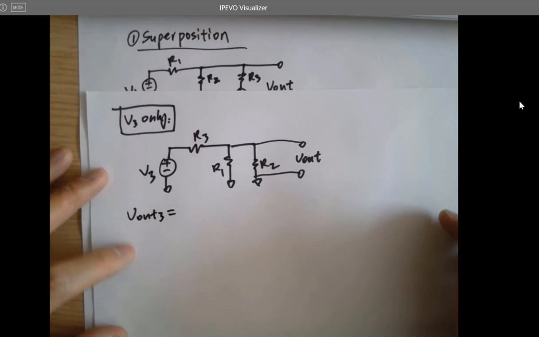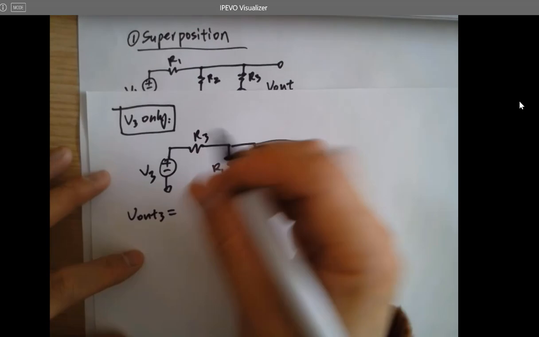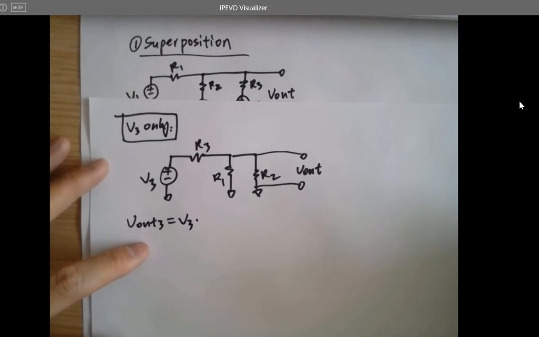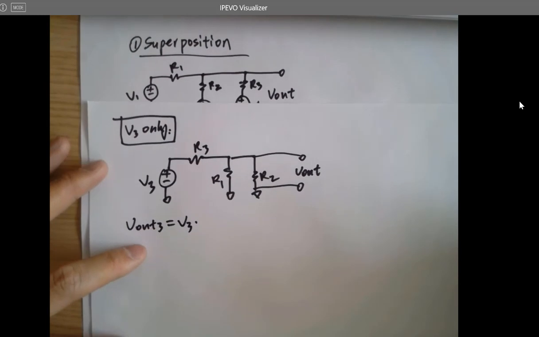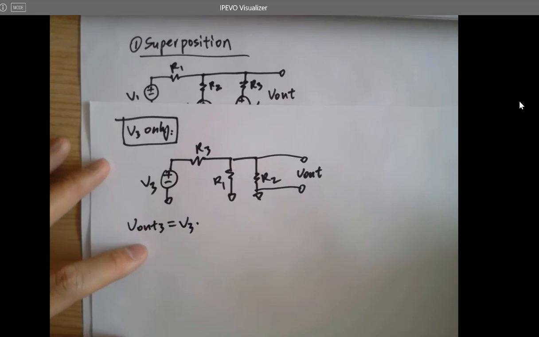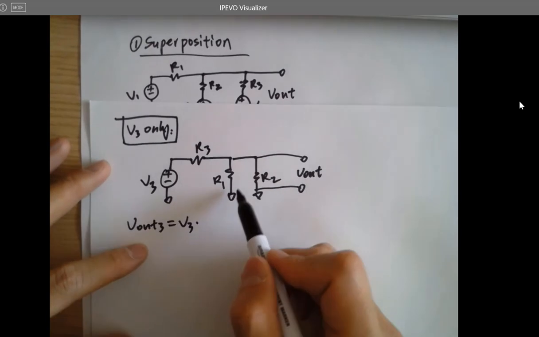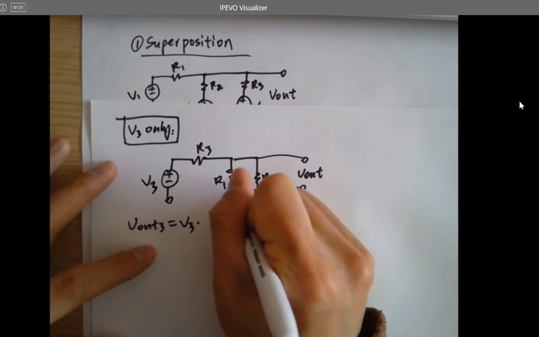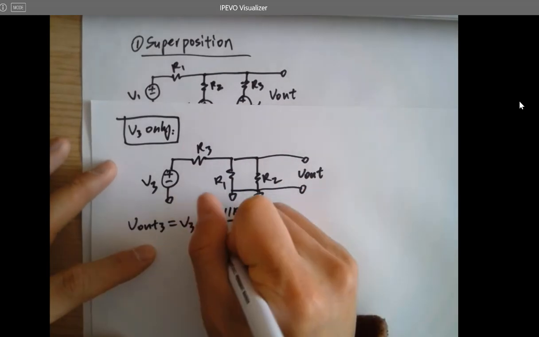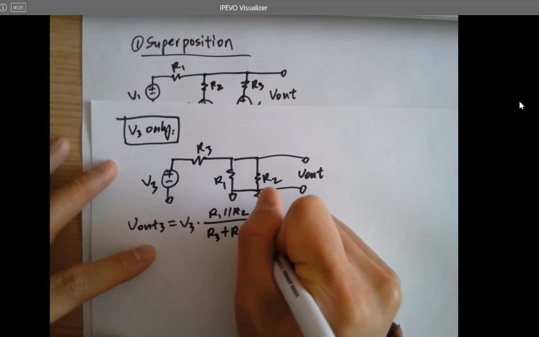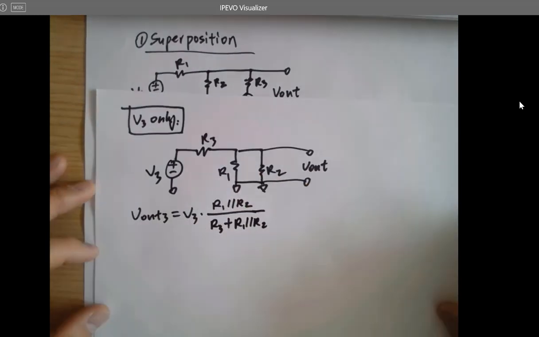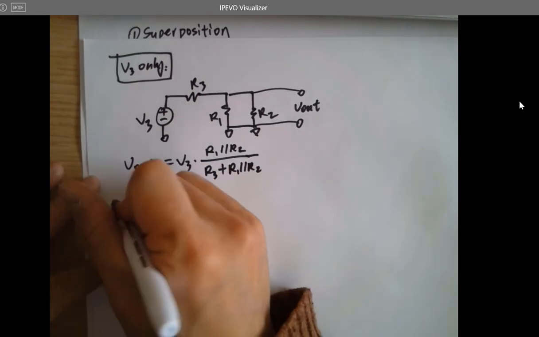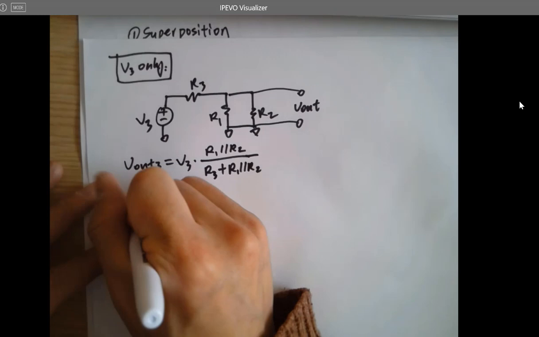So now V out 3 equals V3 times, how do you want to do this? These are in parallel. R1 in parallel with R2 over R3 plus R1 in parallel with R2. Right? And then eventually V out